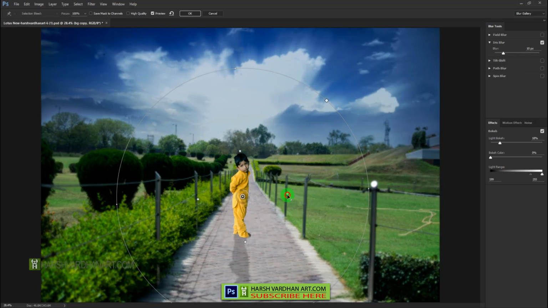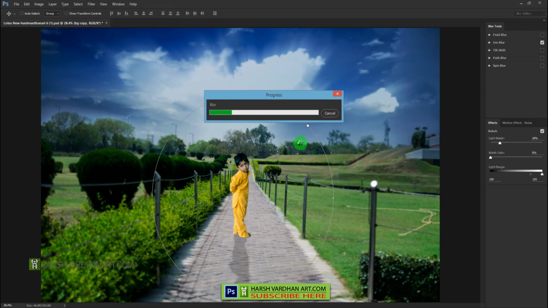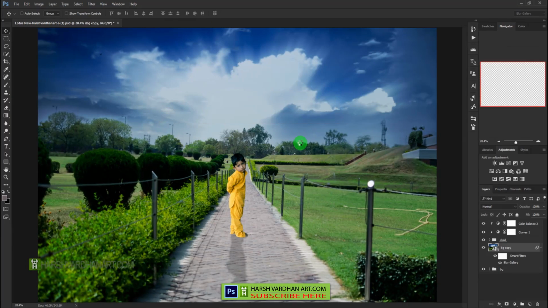From minimum value to higher value it increases as per the blur value we have selected, and that is 10 pixels over here. After you are happy, press OK to see the result. It will take some time depending on the speed of your system,